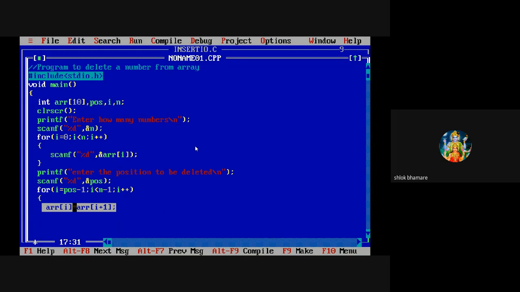See, this is assignment operator. How this assignment operator works? The value of RHS is assigned to LHS. So on RHS we have written I plus 1 and we have assigned the value at I plus 1 position on I position. That means the number at RHS is overwritten on the position.